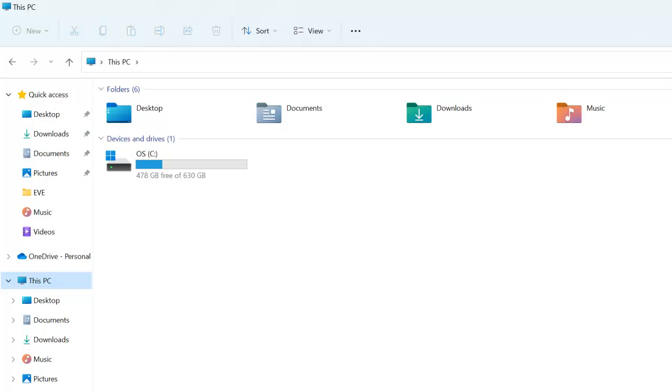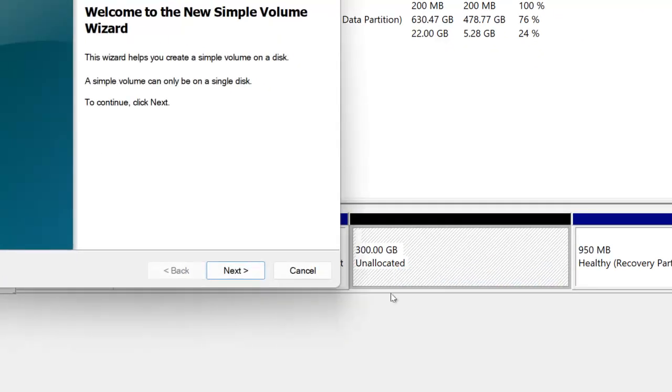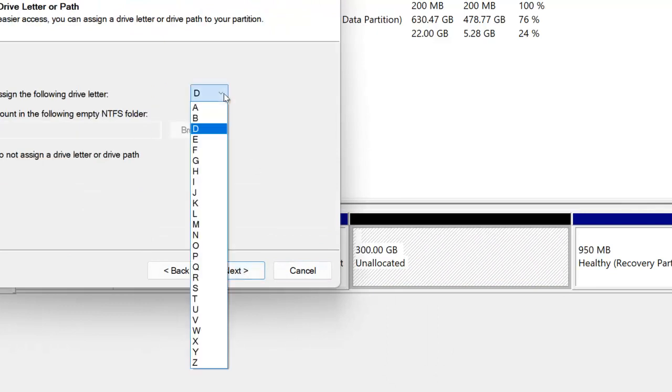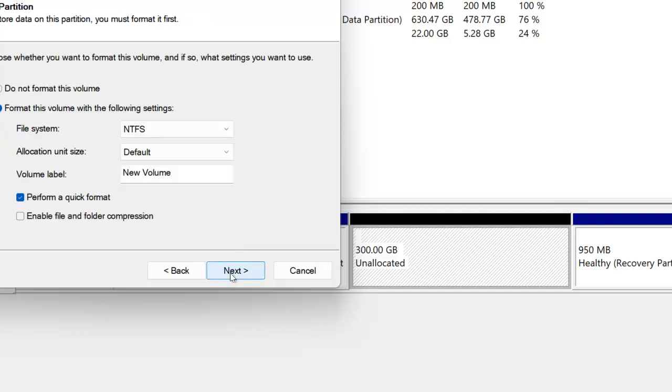What you need to do is right click over here and click on new simple volume. Next, assign the letter you want as per your wish. I'll go with D. Next, and format this drive using the following settings. Yes,